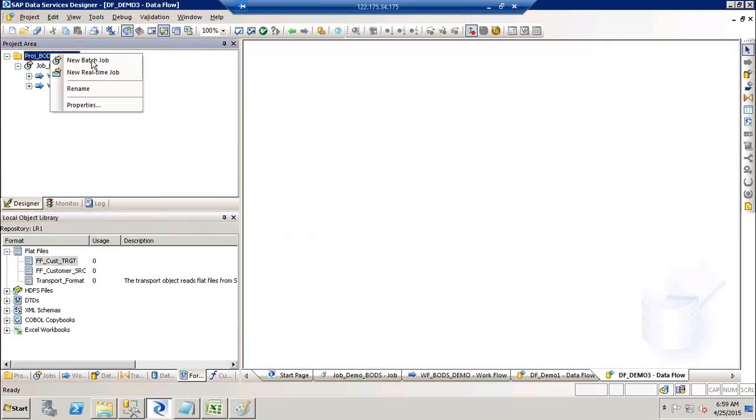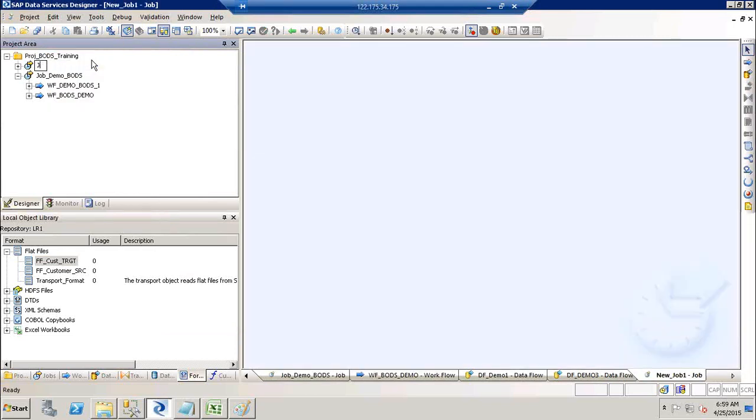So now create a job. I call this job_ff_ff_ext, so job flat file to flat file extraction. The next one is the data flow. This is the lowest node that we can have under the job, tf_ff_ff_ext. Duplicate data flow names are not allowed, and special characters in naming the data flows or jobs are not